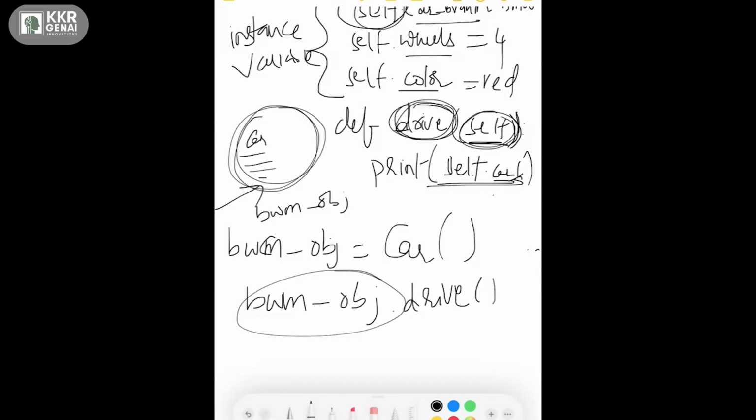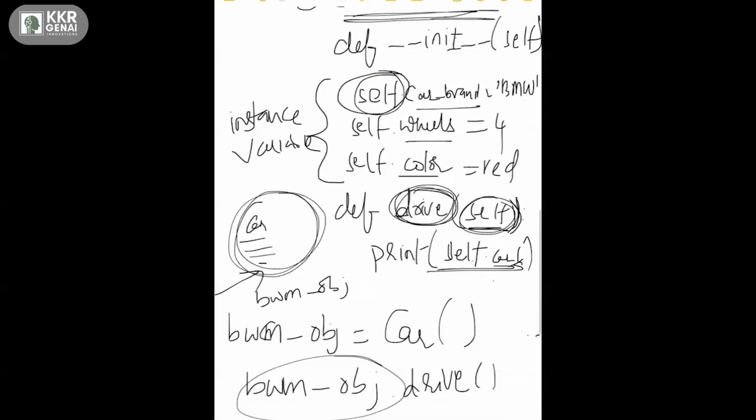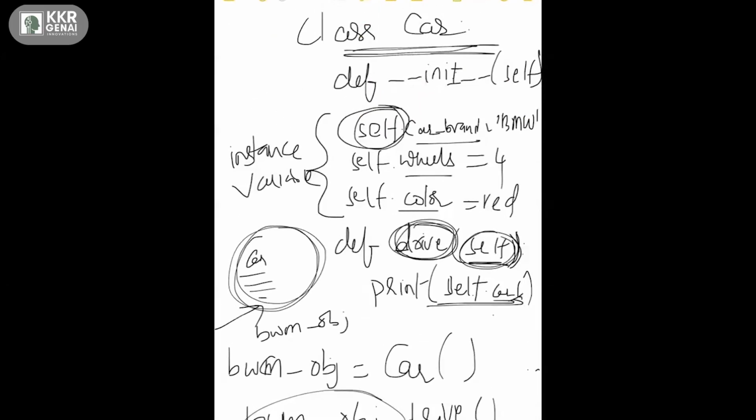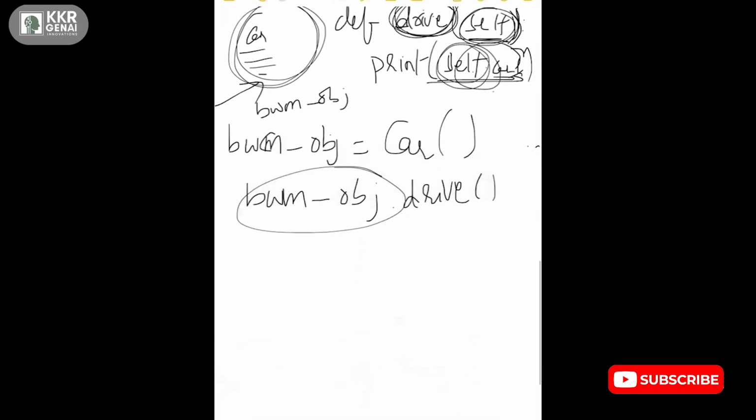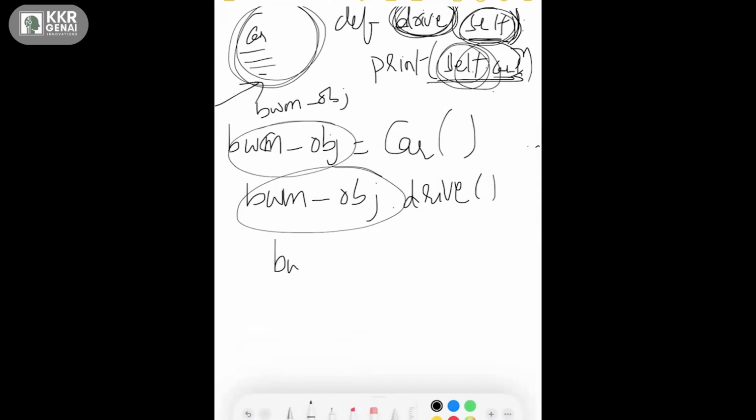So if I have a method inside the class and want to access an instance variable within the class, I have to access it with the self keyword. If I want to access an instance variable outside the class, I access it with the help of the object reference.